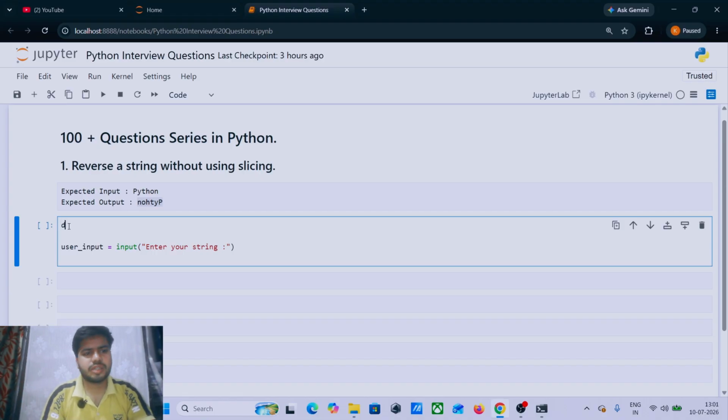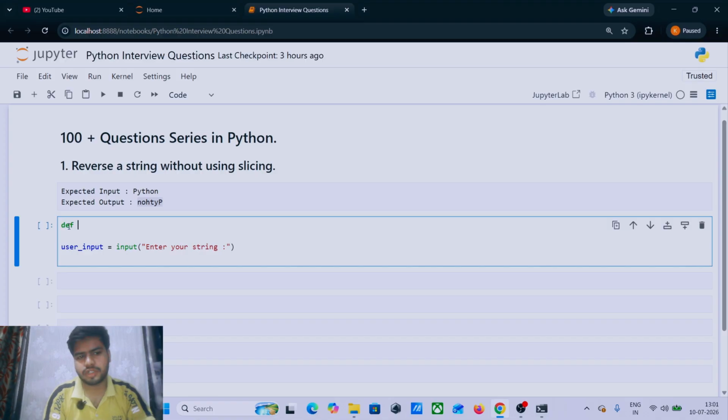Also, a function lets you write the code one time and you don't need to write it again and again. The function avoids that kind of repetition.